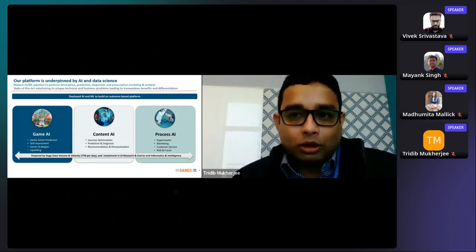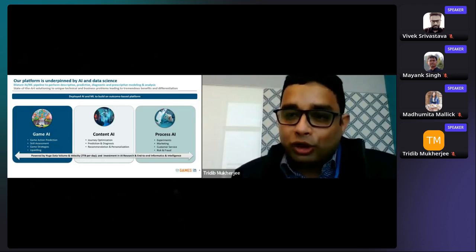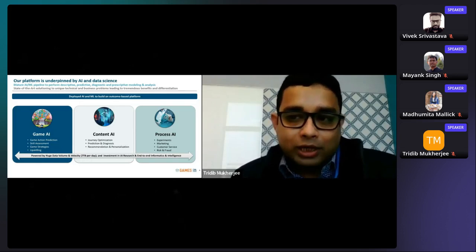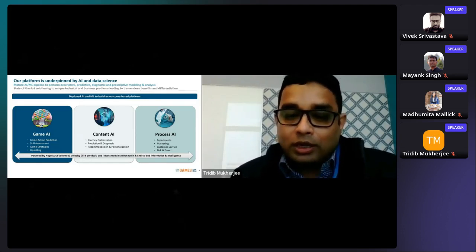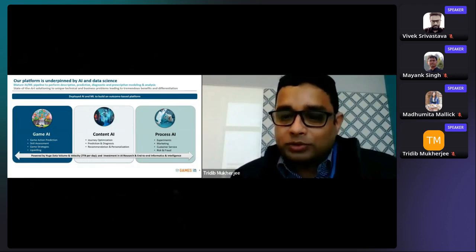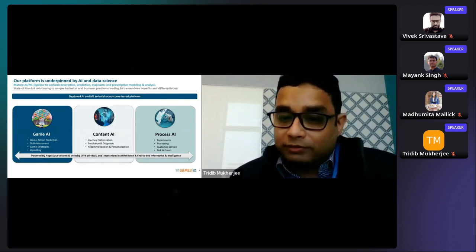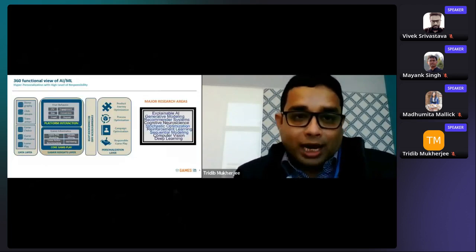that enables a lot of benefits and differentiation, which is all powered by a huge volume and velocity of data, as well as diversity of data. We generate around 7 terabytes of data per day across all our platforms that you have seen. And we have been investing very heavily in AI research and end-to-end informatics and intelligence, which kind of comes together